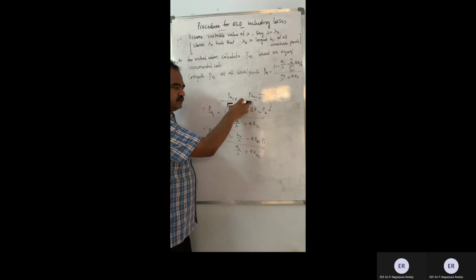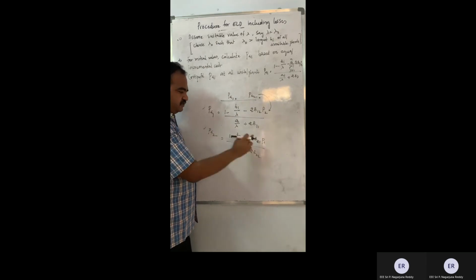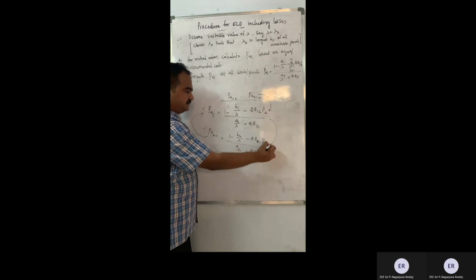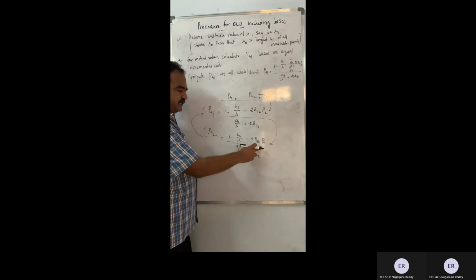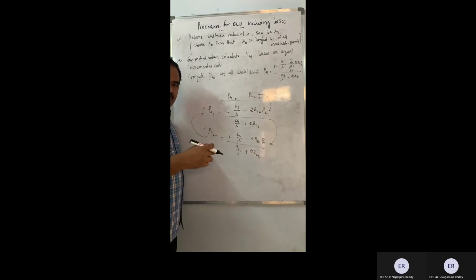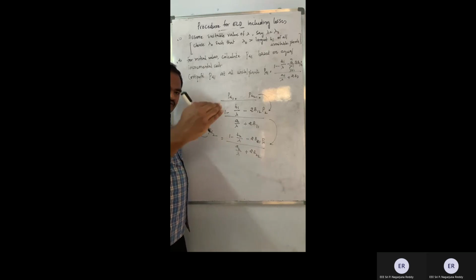So these are the initial values. With the help of these initial values, you substitute P2 here, you will be getting PG1. Now again PG1 you substitute here, you will be getting again PG2. Next time again, you go on repeating this sequence. P1 you substitute here, again P2 you substitute here, P1 you substitute here. This process must be repeated. This is a cyclic process until the difference between the consecutive iterations gets reduced to a smaller value.